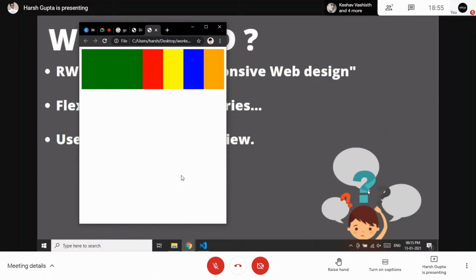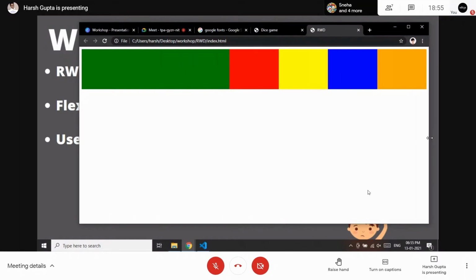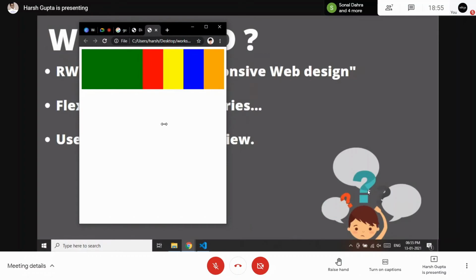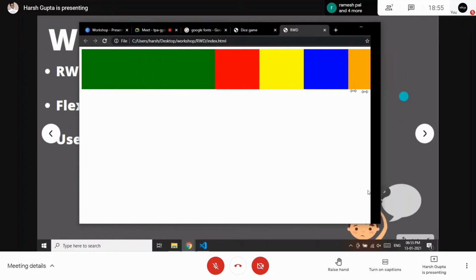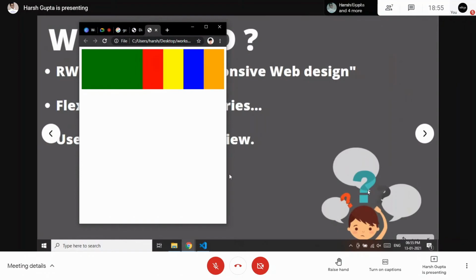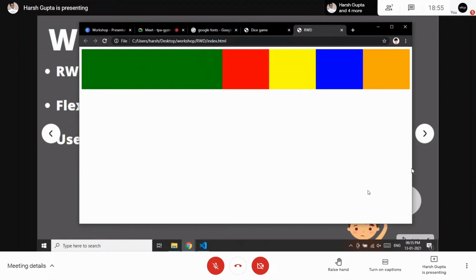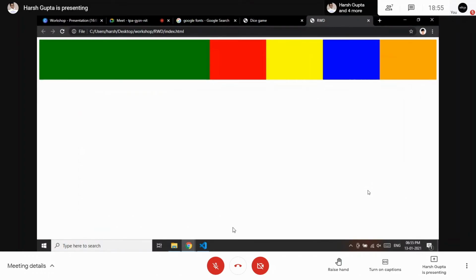So this is proper responsiveness for the website. As soon as I expand, it expands, and in the mobile view, it is shrinking. But it is not making a scroll bar. It is avoiding a scroll bar by shrinking its content.